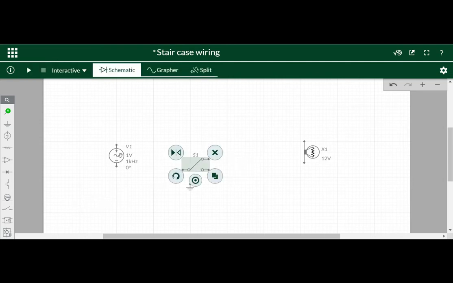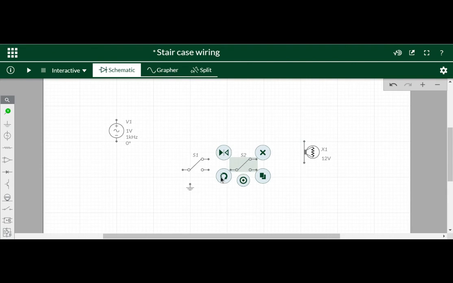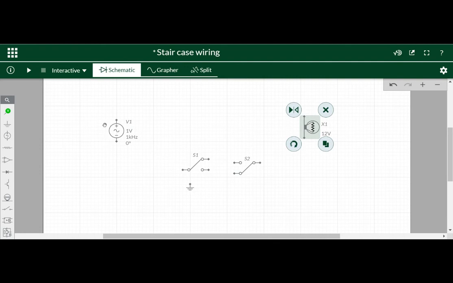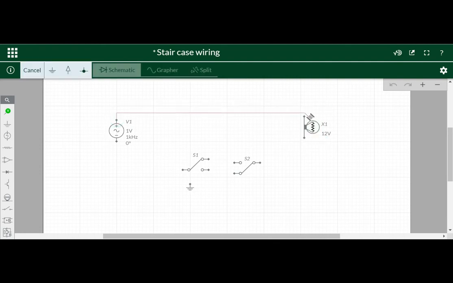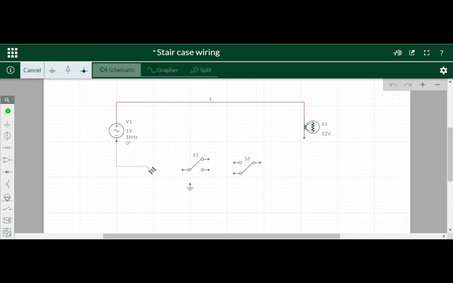Then I can copy this by clicking here. I can copy this one and rotate it because the two midpoints are to be connected to the line. So I am twisting it like this with the help of this option. I am connecting as usual, as we connect a circuit. I already told you we get a symbol like this, and only then are we able to connect it. I can move it here like this also.